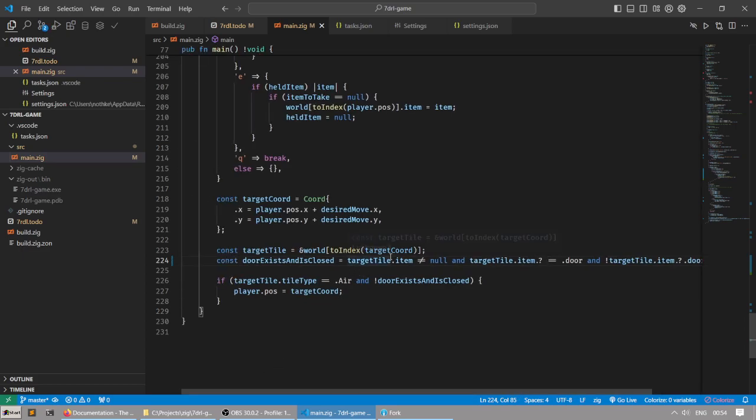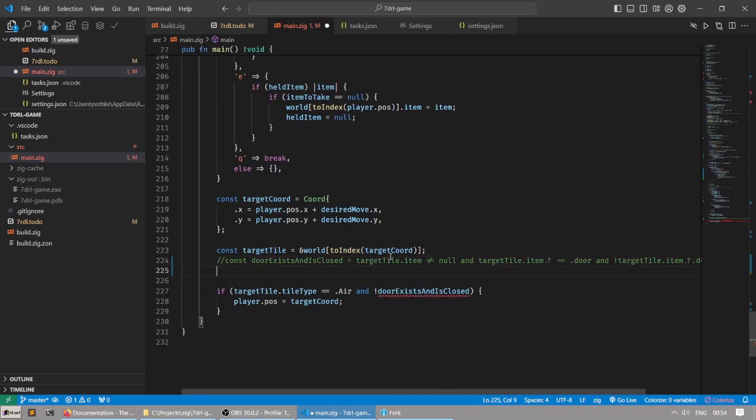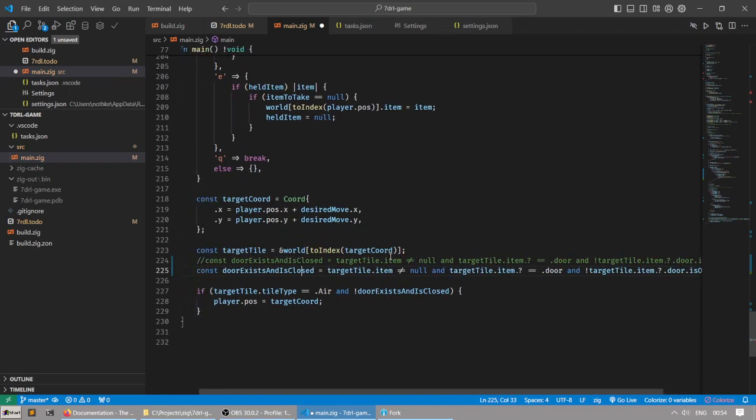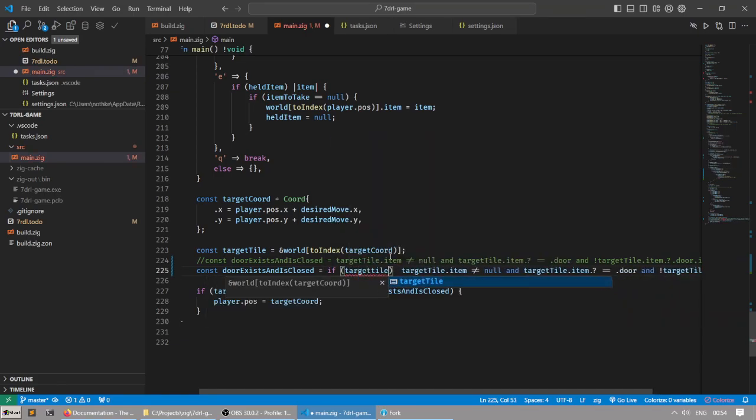Okay, can I try writing this in a single line? So this is gonna be if target tile item, and then I'm gonna capture the item like this, and then can I do like if